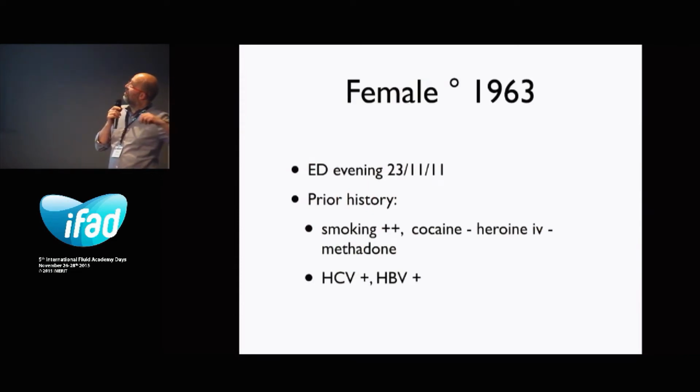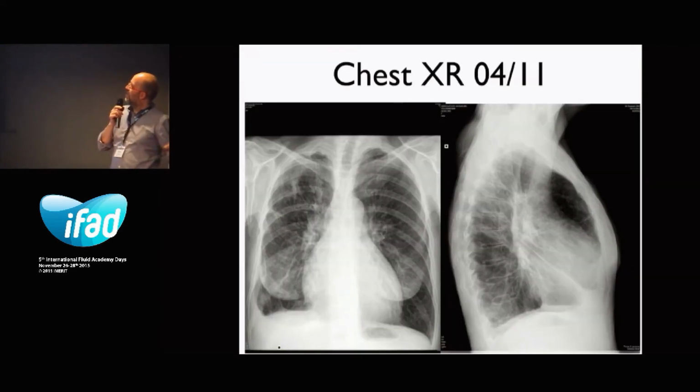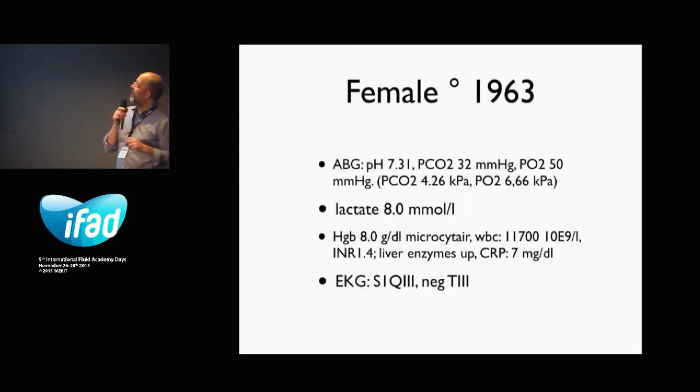So this is an old lady who came in. Prior history of smoking, cocaine, heroin, methadone, a lot of viral things. She became dyspneic 2 to 3 weeks prior to presentation, with right-sided pain with breathing. House doctors put her on antibiotics, did a chest x-ray in our hospital, so we could make some comparison, and the dyspnea got worse. Chest x-ray 2 weeks before, on presentation, right-sided some consolidation, bad lab, lactic acidosis, bad blood gases,